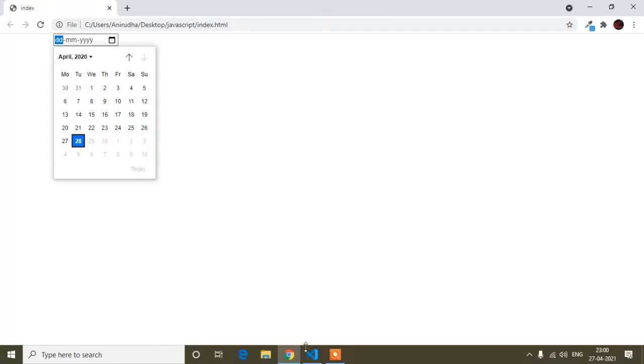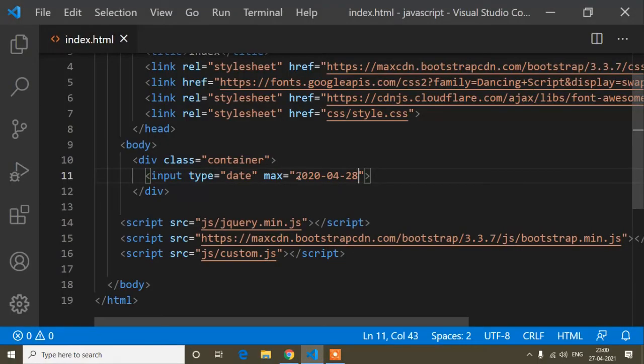Okay, so now guys, you can see the format here, max date. If I see the static way this way, I can restrict the future date, whichever date I add in the max property like this way. Here you have to remember that this dash, I mean you can say hyphen. So the format is like this way. So in the max attribute, we have to write the date like this way.